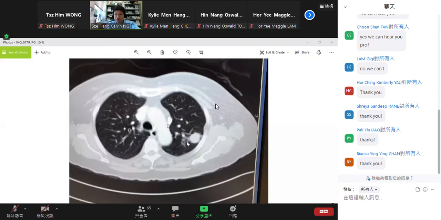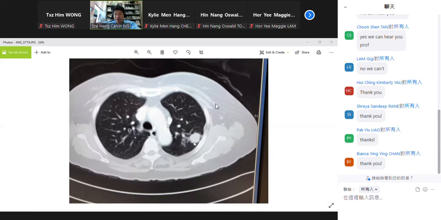So this is the lesion. You should be able to see this now in the left upper lobe. It's quite peripheral. It doesn't involve the chest wall. It's quite solid and quite spiculated, so it looks quite nasty, and there's a little bit of ground glass change adjacent to it. So when you are looking at a lesion, how to biopsy it, you really need to put yourself in the shoes of the bronchoscopist and put yourself in the shoes of the radiologists who do the CT-FNA